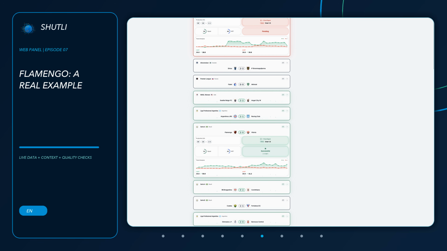Here is the same Flamengo versus Vitoria match used in the previous episode. The historical card records the signal at the 59th minute, with Flamengo leading 1-0. The card points to the home side and later shows a successful status after the score became 2-0 in the 82nd minute. This is a clear example of the product flow. Live analysis was evaluated, context checks were applied, an eligible signal was shown, and the historical outcome was then recorded on the same card. That successful historical example still does not turn every signal into a guarantee.